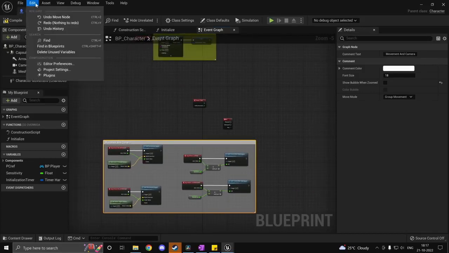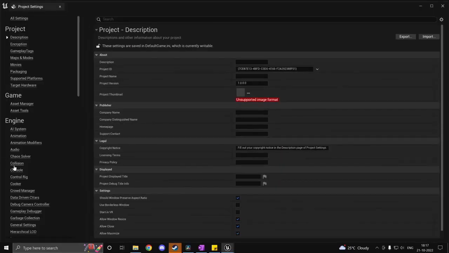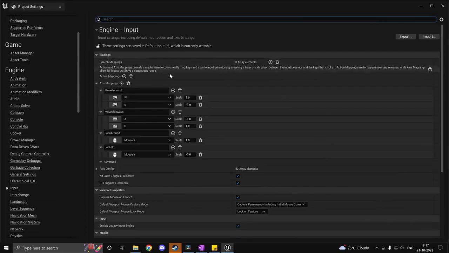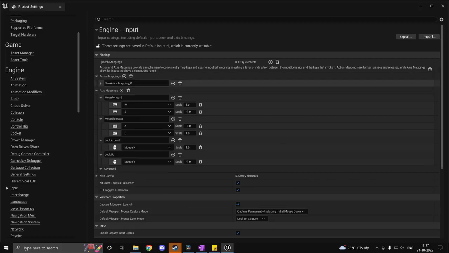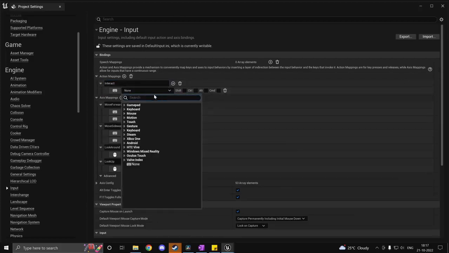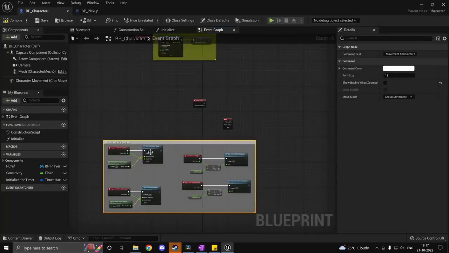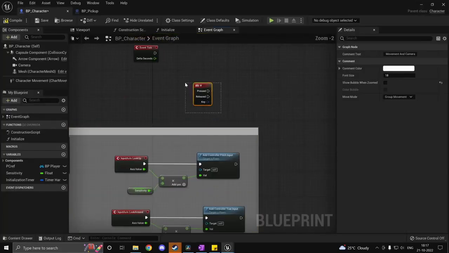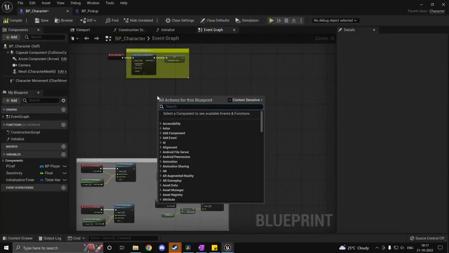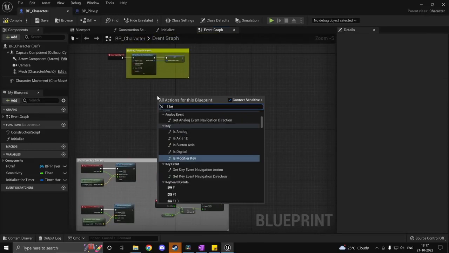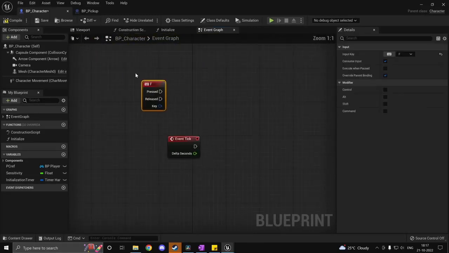Now head back into your project settings, and under input again, if you look at action mappings, you can go ahead and add one, and we can call this one interact, and we could set that to the F key. Now the advantage of using it through the project settings like this rather than brute forcing, so you could do F over here as well. So if I just type in F and give a space and type in keyboard, I can actually do this,